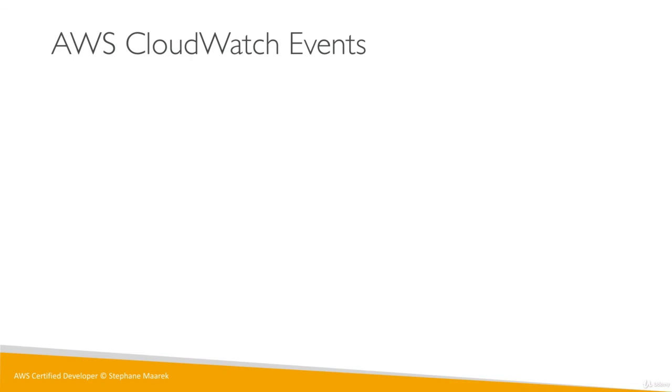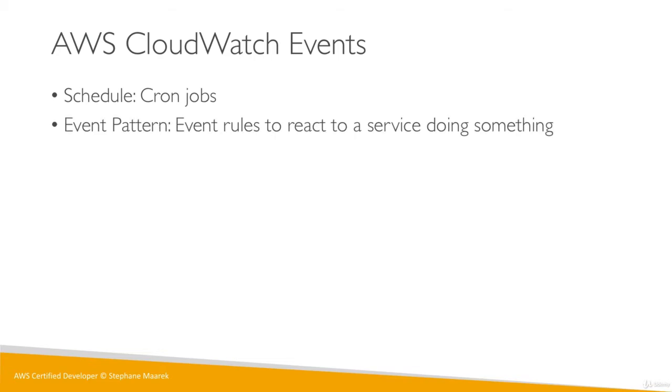So CloudWatch Events, very quickly: you can either have a schedule, so you can define a rate or cron job to schedule events in CloudWatch, little notifications you would trigger on demand, or you can have an event pattern in CloudWatch Events, and that will basically allow you to define rules, such as if a service in AWS is doing something, we are going to trigger an event if that event matches the rule.